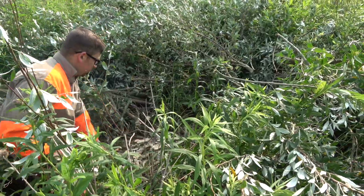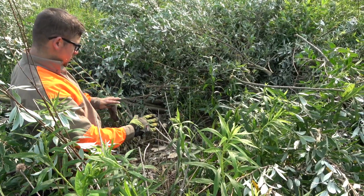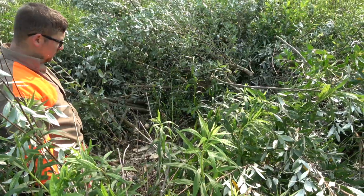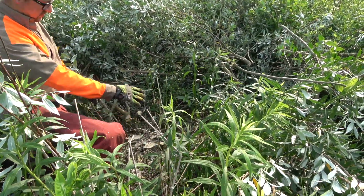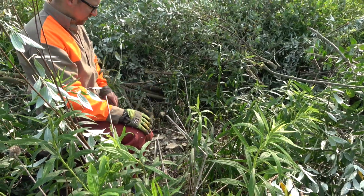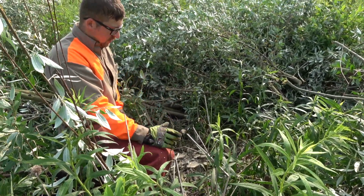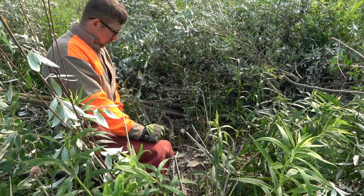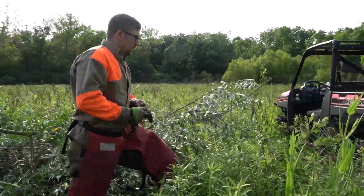So that's basically, if you're in a field like this, it could be bush hogged at some time. You want to try to cut it as flush as you can to the ground without running your saw into the dirt. This is just so, if next year the landowner wants to come in and bush hog this field for some reason, he doesn't have a bunch of little stumps that are sticking up as tire poppers. The next step would be